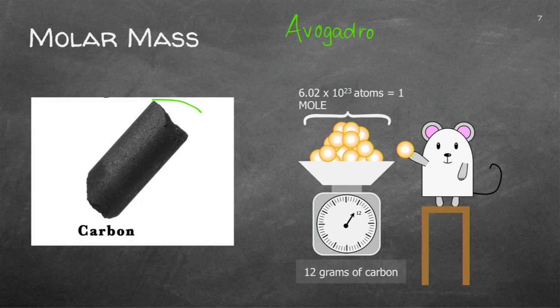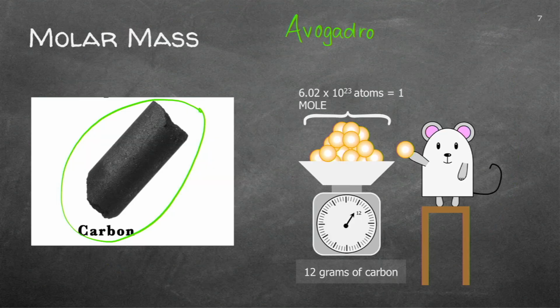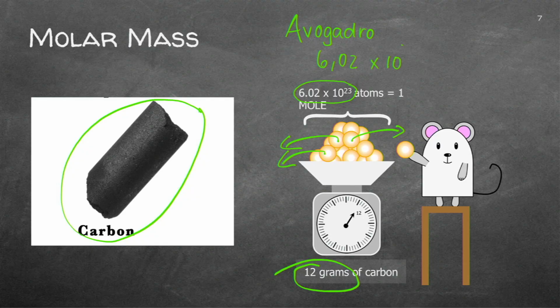He said, if I take carbon, it's accessible, it's cheap. If I take carbon and I measure the carbon, he put it onto a scale, and as soon as he got to a reading of 12 grams, he then went and counted every atom. He then got to that number, which is 6 times 10 to the 23rd, and to be accurate, 6.02 times 10 to the 23rd atoms. And that he called 1 mole.